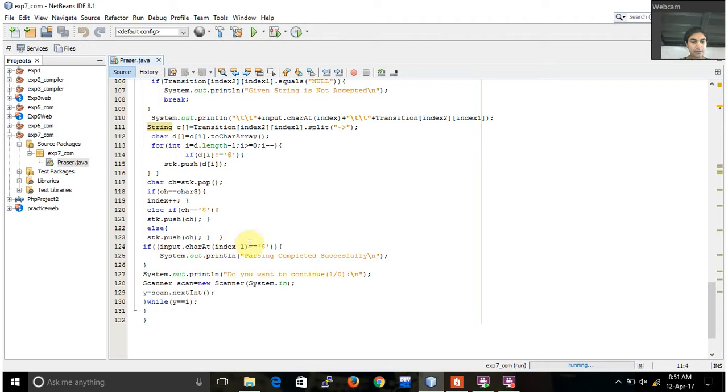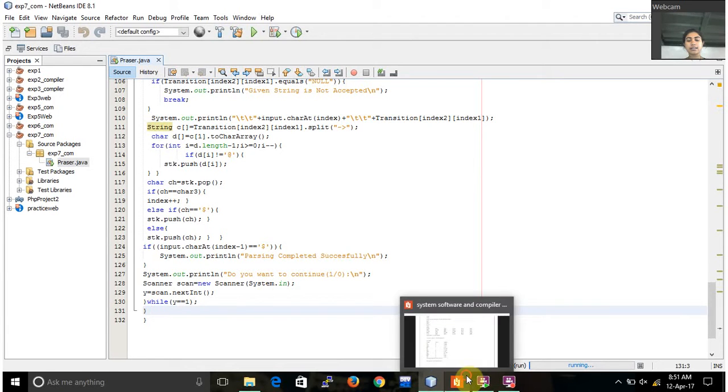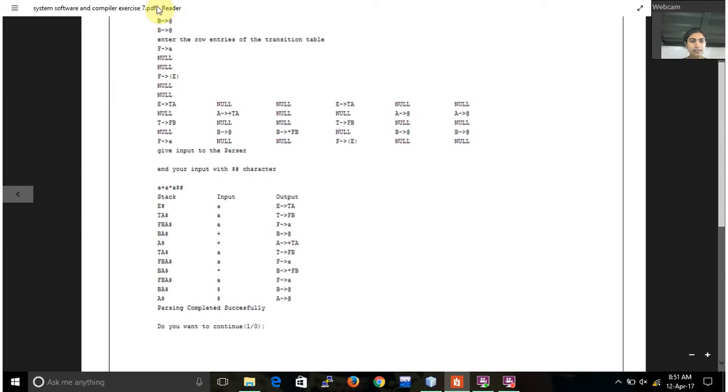So then if it is equal to the dollar symbol, then parsing is completed successfully. Otherwise, it's going to stop there itself. Then finally we ask them, do you want to continue, yes or no. So by clicking 1 or 0 we get the output, and our output has to be like this. See,